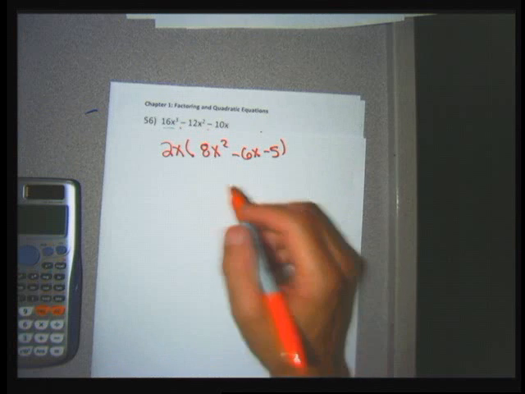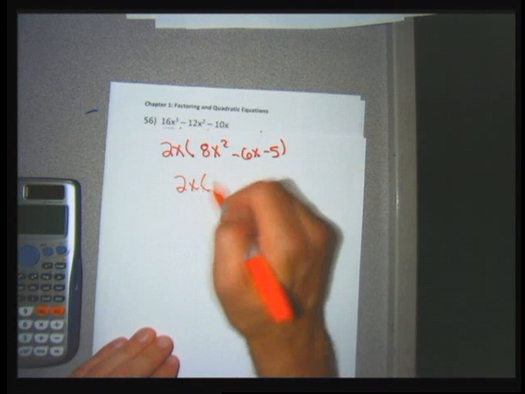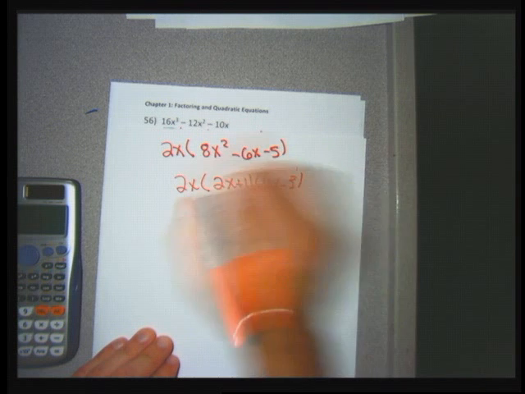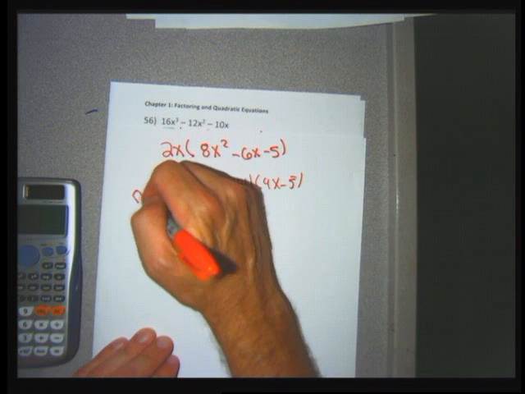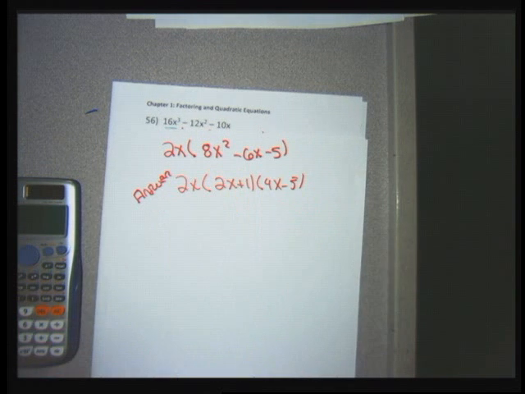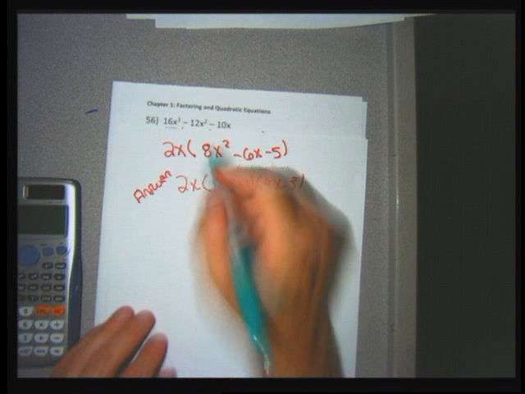So my answer should be 2x times 2x plus 1 times 4x minus 5. Since I've already factored this, I didn't need to factor it again. Better check it again. So let me check. For checking, I'm going to go